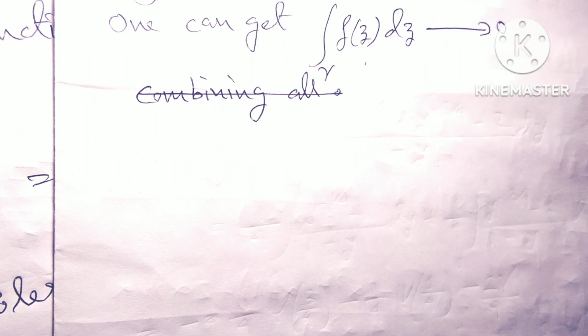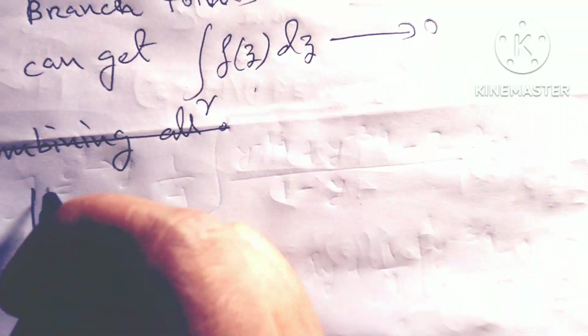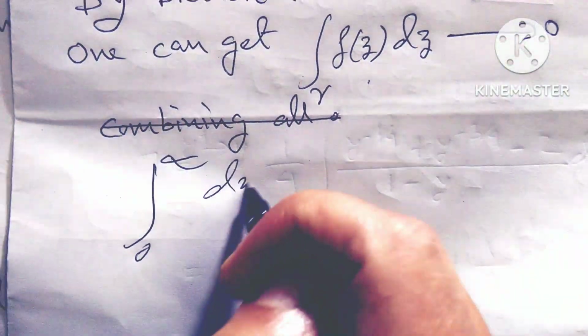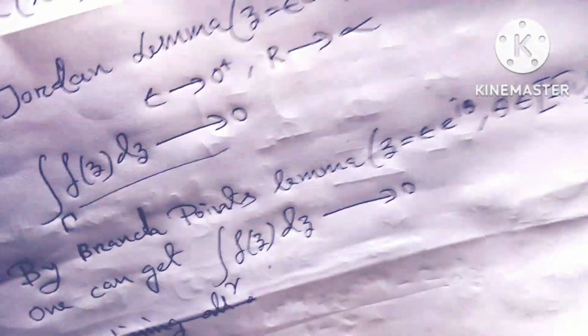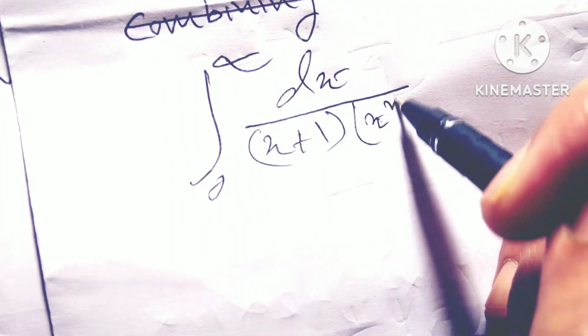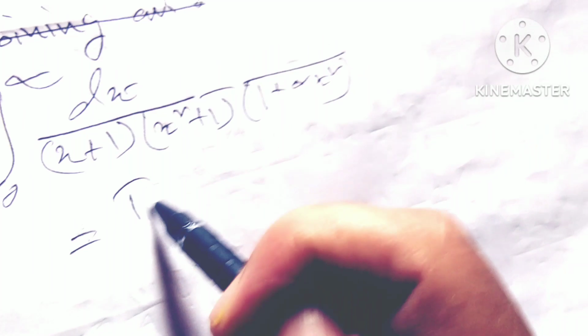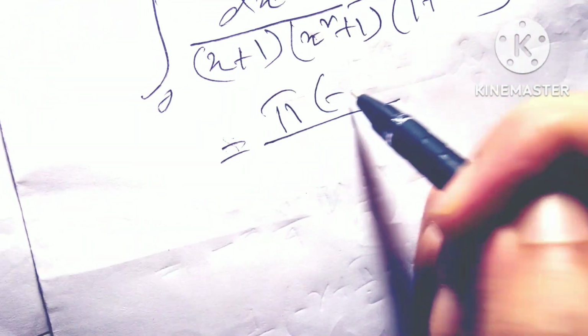So whatever I see, what I get is the integral 0 to infinity of dx divided by (x plus 1)(x square plus 1)(1 plus alpha x square) equals pi by